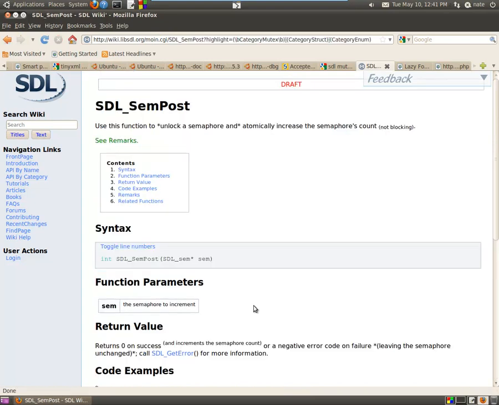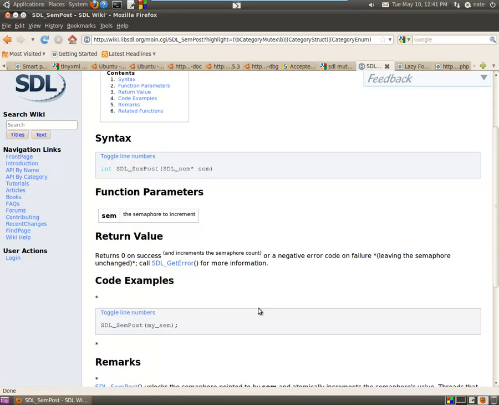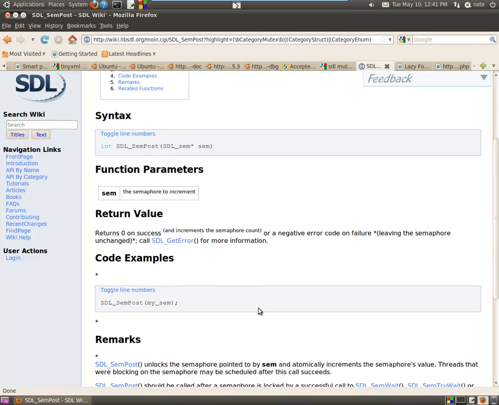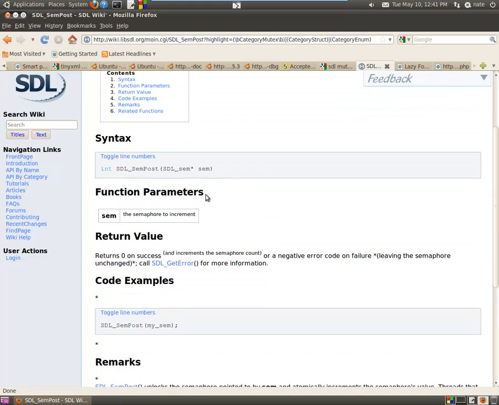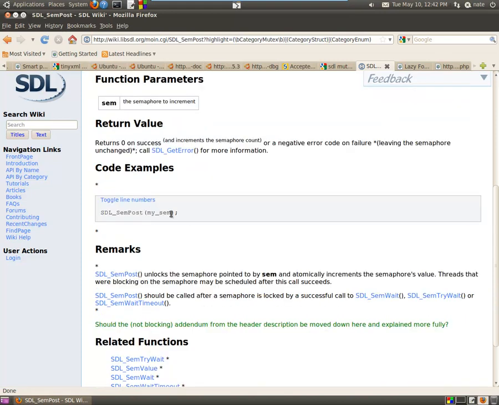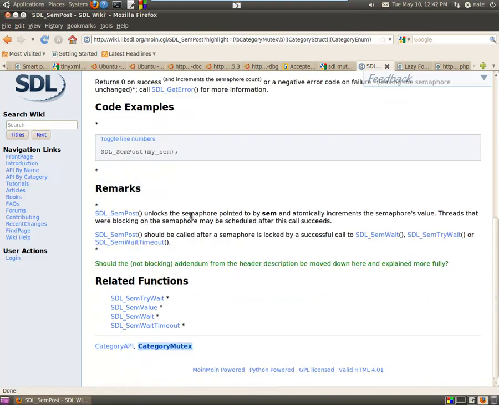But there you see a semaphore post here. So semaphore is a little more complicated, and it increments the semaphore count here, or returns a negative error code on failure. Okay. And so you can see here we're just doing the post on this, and they're passing in a semaphore pointer to it. So just like this, right, and then that increases your